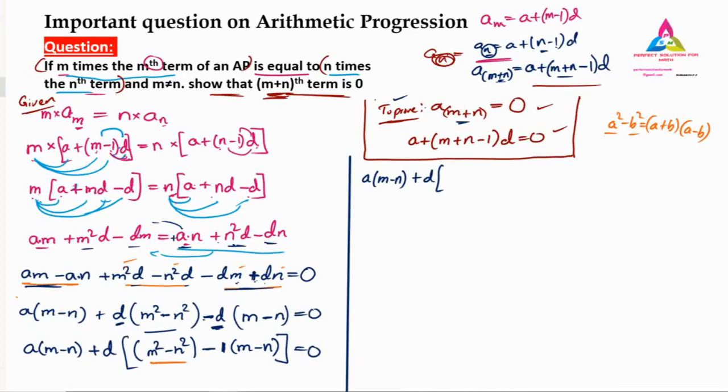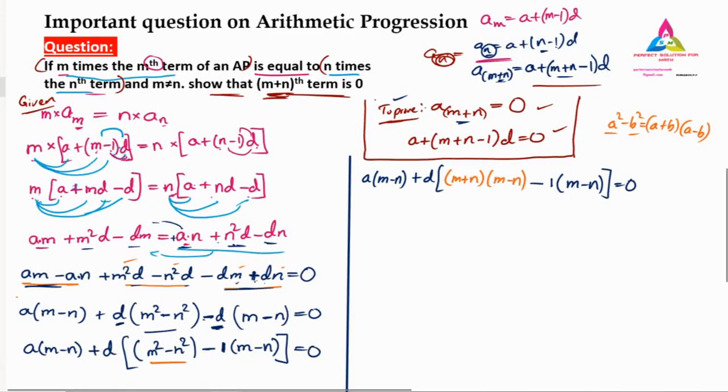That we will write down inside. So I will write here (m plus n) into (m minus n). See, this is very important. Here you have to understand clearly. What we have done, you have to remember, because if you do not split this in terms of identities, you are not going to get the final answer. So the next one is minus 1 into (m minus n) as it is, equals 0. So this is the thing we found.